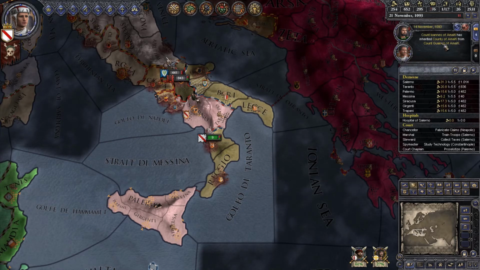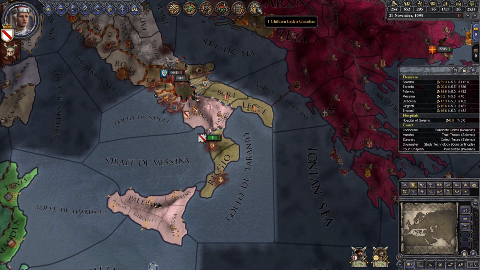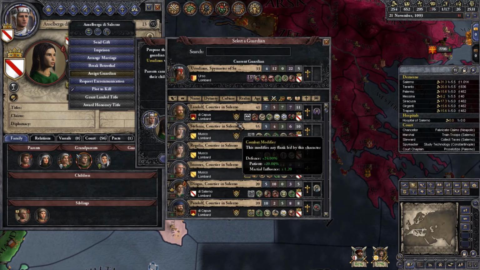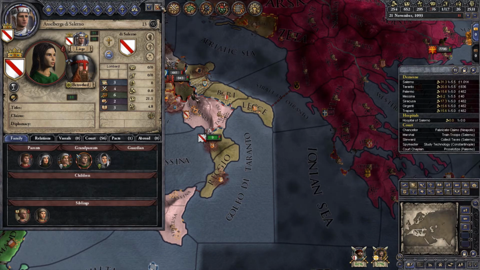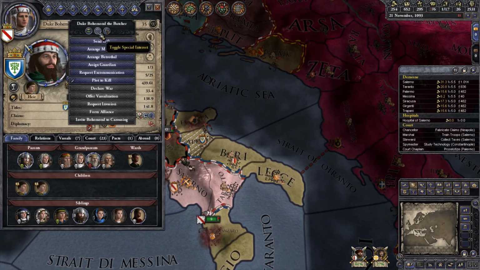Okay, count. Alright, somebody just died. And it looks like we need a new guardian. Kinswoman. Assign a guardian. Okay, so you're German, you're French, you're Lombard. You look good. Okay. And the other thing I want to do here is actually set him to be a